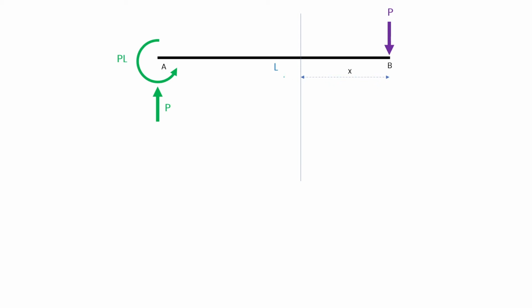This is a convention. You could have started from this side. In this case, it's much easier to solve from the right side. So if I cut this section now, I get a shorter beam with, say, a length of X, which is exactly this. And there will be some internal forces at this point.